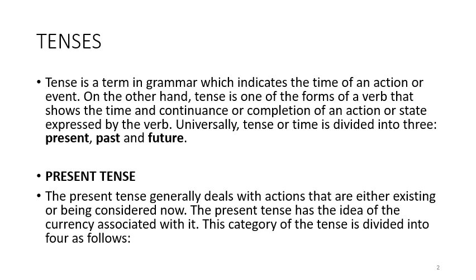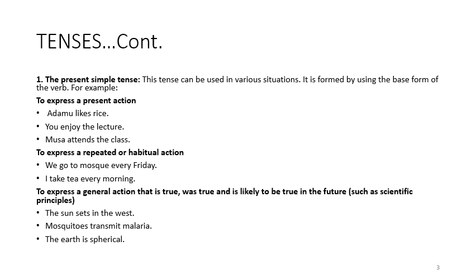Now let's take the first one, present action. Present tense is a tense that shows habitual action or state of being. It shows the idea of the currency associated with it. This type of sentence is divided as follows. Number one, there is simple present tense. Simple present tense is used to show a habitual action that always takes place. For example,